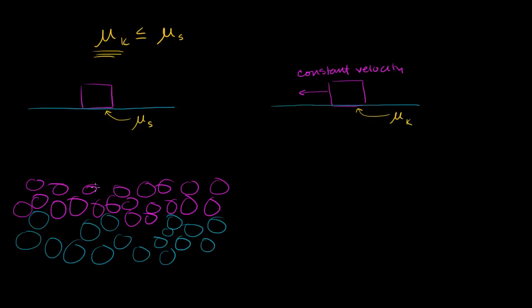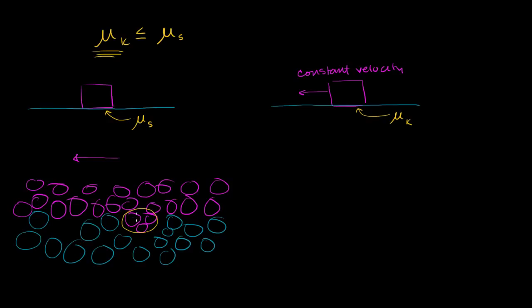So if you were to really zoom in here, when this thing is stationary, the surfaces aren't actually even. And so you can imagine that these molecules, sometimes when it's sitting stationary, might kind of fit into each other. They've kind of slid into maybe these little ruts here and there. And so if you're trying to move this object, if you're trying to accelerate it to the left with some force, you have to overcome essentially either, for example, this part right over here